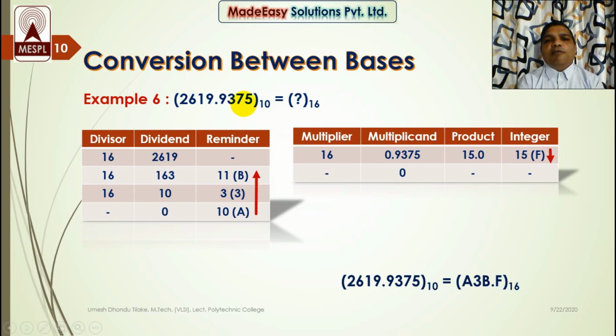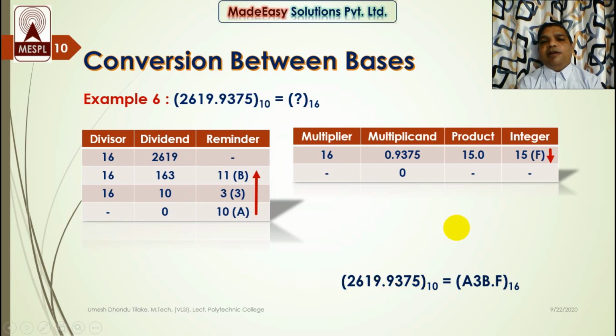Now let's find out the hexadecimal equivalent of the fractional part of the decimal number. So what we do, we multiply the fractional part by the base of the required number system. So here the multiplier is 16 and we are multiplying this fractional part of the decimal number. When we multiply this fractional part by 16 we get 15.0 as a product. So we consider the integer part over here, 15, its hexadecimal equivalent is F, and in the next operation we consider the fractional part of the product which is 0. So we got 0 as a multiplicand over here, so we have to stop over here. So F is the equivalent hexadecimal of the fractional part of the decimal number system. So here we get A3B.F as the hexadecimal equivalent of this given decimal number.